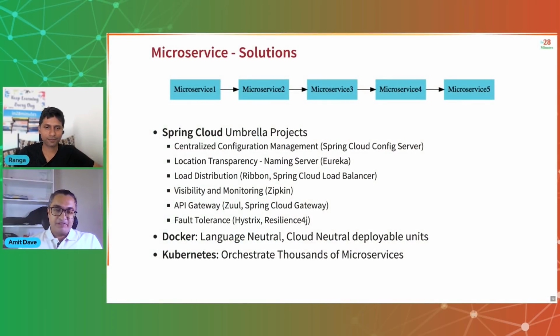Absolutely. Coming back to the slide, there's a lot of information on this slide, and for a new learner, Ranga, this is really overwhelming. Just to help simplify, if we use Spring Cloud for Java-based microservice development, does everything that is there, like Eureka, Zipkin, Zuul, come already built into Spring Cloud, or do we have to set these things up individually, or can we just plug these components into Spring Cloud and then Spring Cloud will manage everything for us? How does that work? So learning microservices can be a big challenge, right?